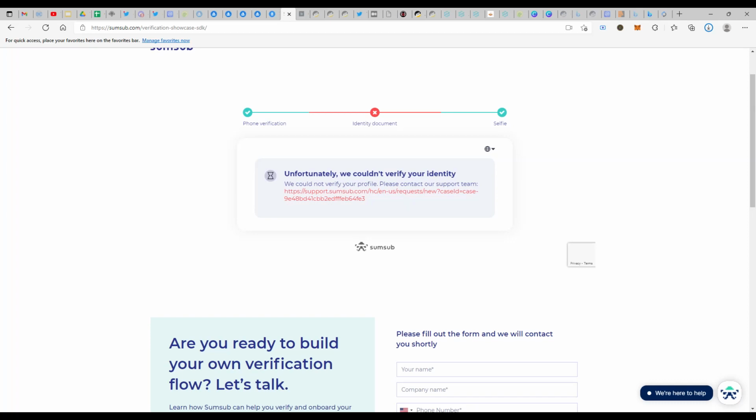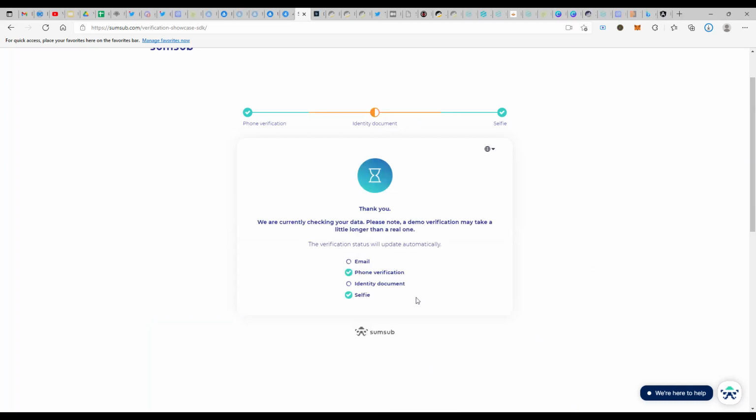One more thing I want to note is that in this demo, I have shown you the process of uploading the identity document, that is proof of identity alone. There will also be an option where you have to upload your address proof as well. So one is your POI, or proof of identity, and the other is the POA, that is proof of address. Both of these will be updated over here, and that is when the KYC process is completed. It's just one more time that you need to upload any of the documents you have regarding your proof of address. This is all you need to do in the KYC process.